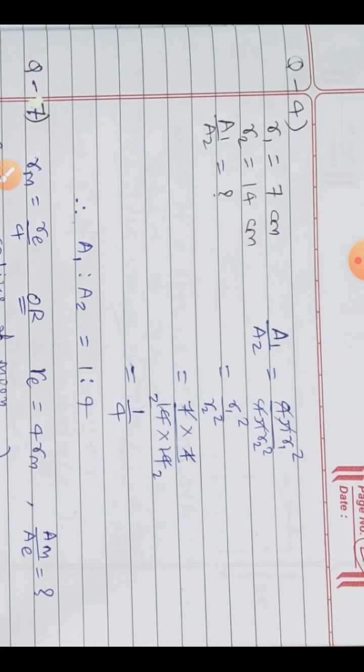Okay, anyway you can give the answer either way, but mostly the answer of any ratio is given in this 'is to' form. A1 is to A2 is equal to 1 is to 4, not in fraction form. So again, just to understand what they asked, then nothing is new. The sum becomes very simple, no long calculation. Okay, so that is our sum number 4.